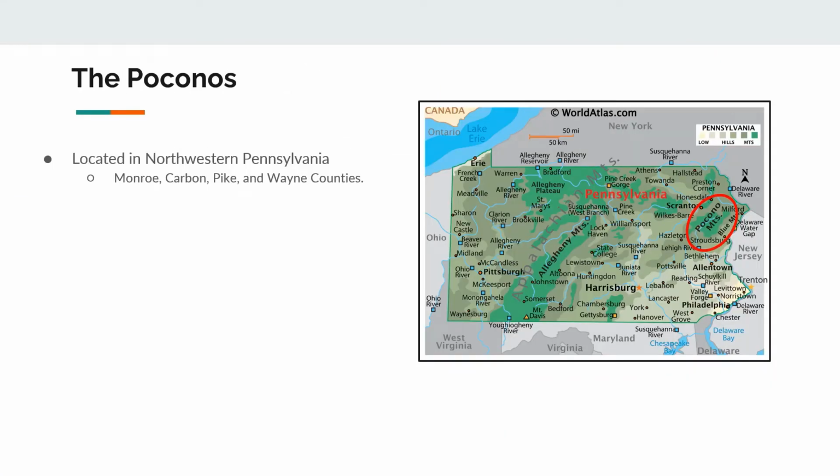Specifically, our research focuses on the Pocono Mountains, and this is encompassing 4 counties of the northwestern corner of Pennsylvania. These counties in this region are the Monroe, Carbon, Pike, and Wayne counties. One of the things I found most interesting in doing this research is the debate on what the range of the Poconos Mountains is. Some people consider it much further than others,